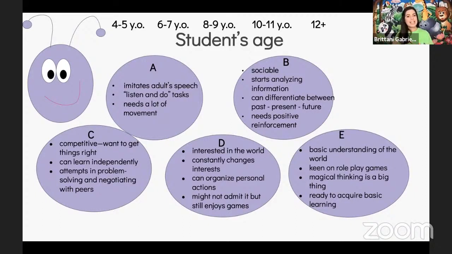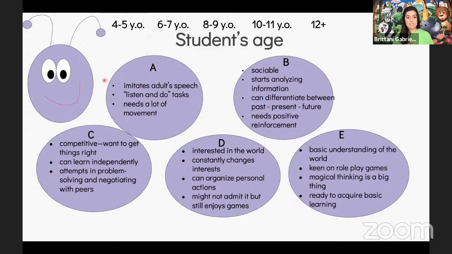All right, let's look at now some different characteristics of these students. Here you can see a beautiful caterpillar with different circles that are describing characteristics of different students according to their age. Now, children have different cognitive stages, which affects their learning and their perceived information. Take a look at these different circles and decide which circle do you think corresponds to 4 and 5-year-old students.